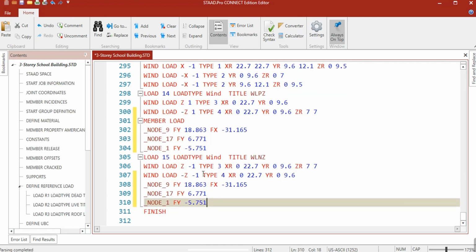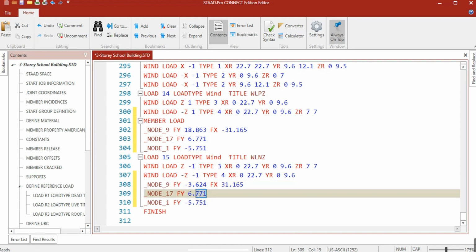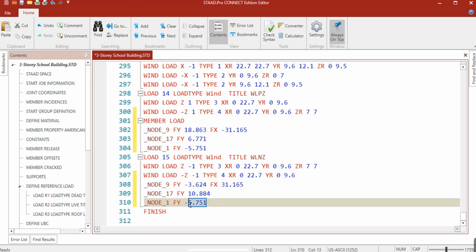Then just adjust the values. For node 9, that is FY negative 3.624, FX is positive 31.165, node 17 is 10.884, node 1 is 12.624. Okay, then click save here or just Control S, then close.